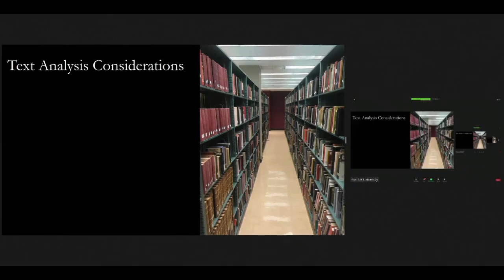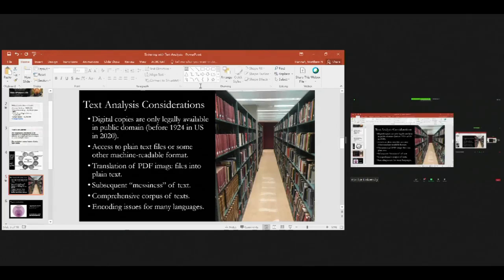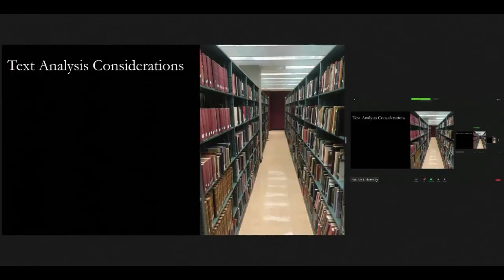Text analysis has several considerations for thinking about, make sure I'm not muted here. Okay, for thinking about text analysis projects and some of the challenges of dealing with text analysis